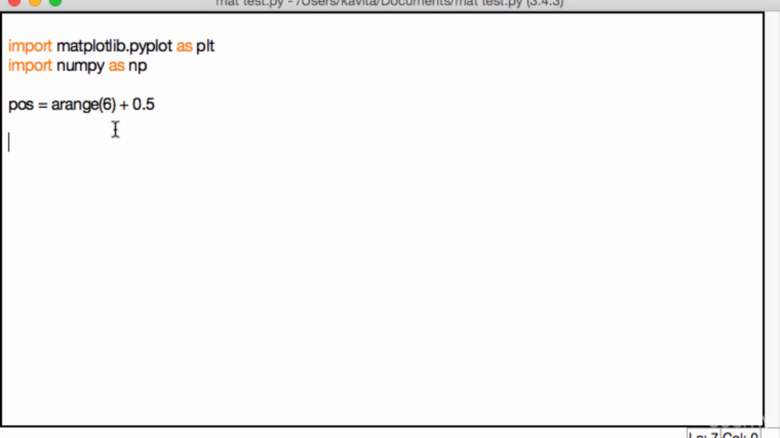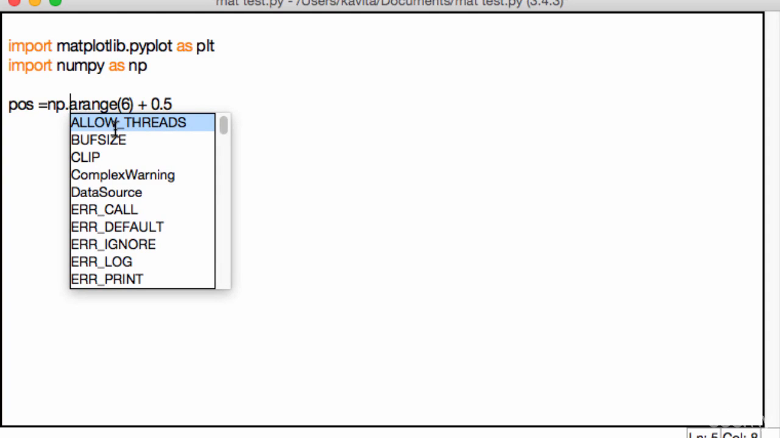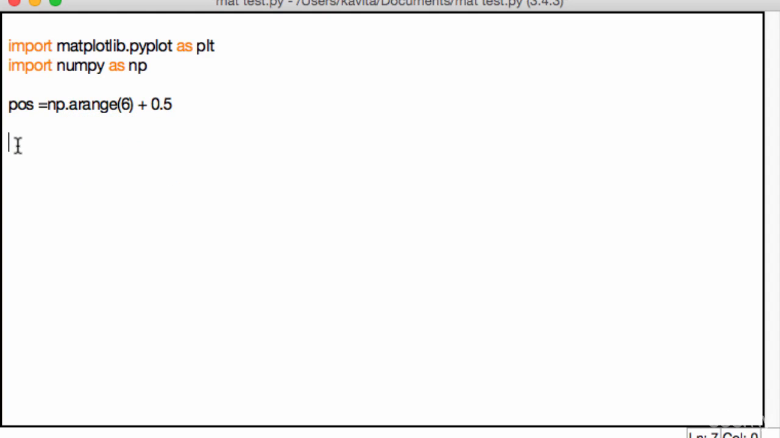Cool? Now, the next thing is, you want to specify what type of bar graph. Is it a vertical bar graph or is it a horizontal? Let's create a vertical. So bar v, except before doing that, I'm sorry, I missed one thing over here. It's going to be np.arange. So make sure you specify np. NP is again for numpy. Numpy module has the arange function. So pos is equal to np.arange, 6 plus 0.5. And then you're going to say